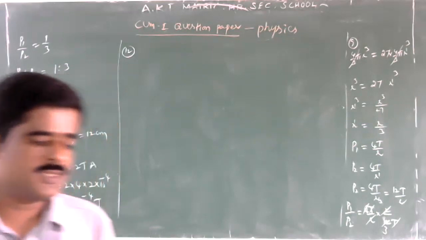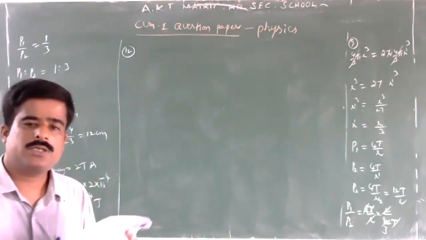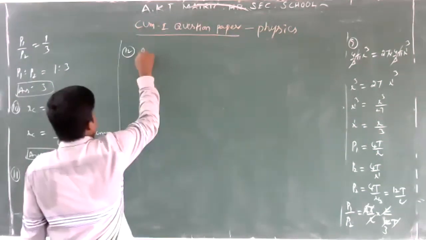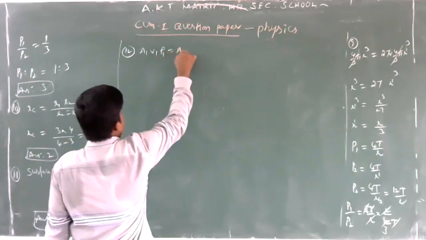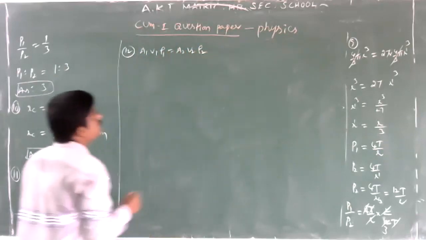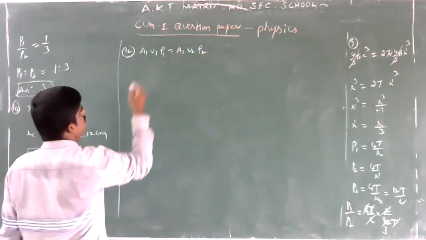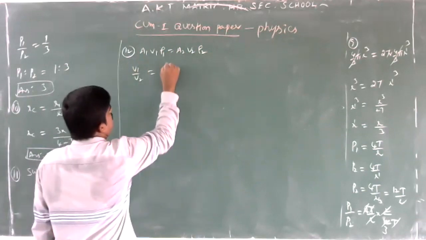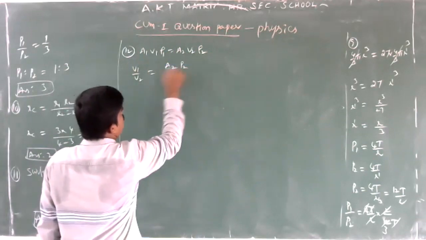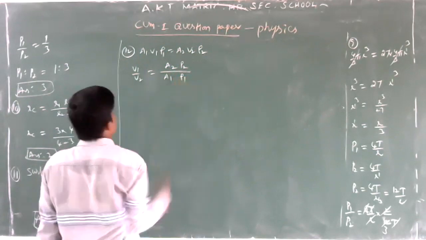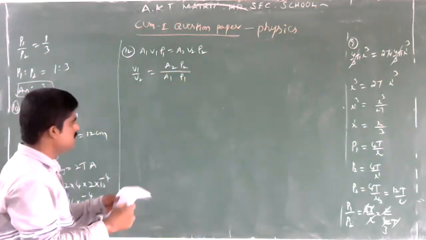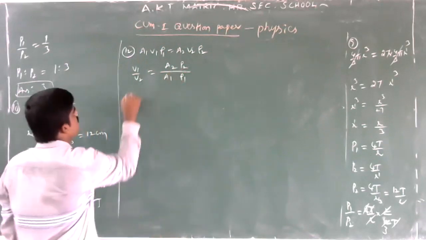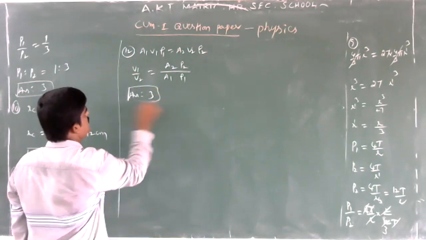Okay. So here mass is same, but density, velocity, and area of cross-section are different. Again use the equation of continuity: A1 v1 ρ1 is equal to A2 v2 ρ2. What are they asking? v1 by v2. So from this equation, v1 by v2 is equal to A2 ρ2 by A1 ρ1. Okay, v1 by v2 equals A2 by A1 into ρ2 by ρ1. So which option is correct? Third option is correct. So for this question, the third option is correct.